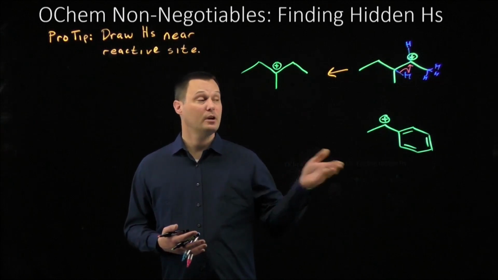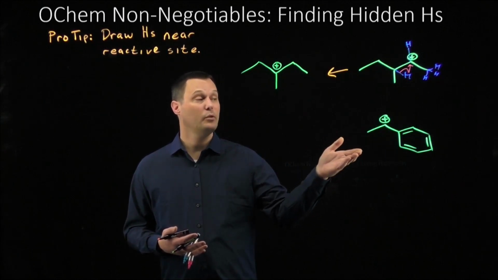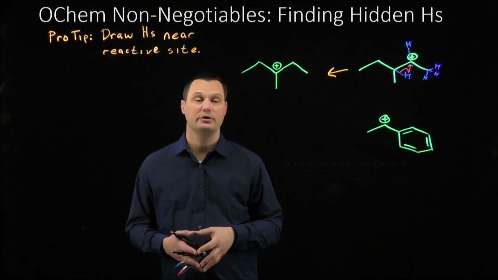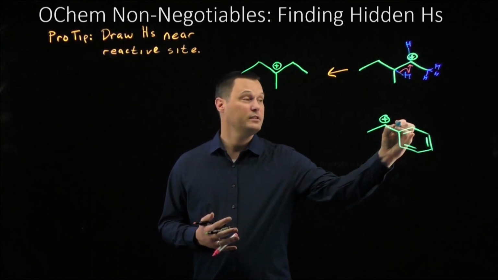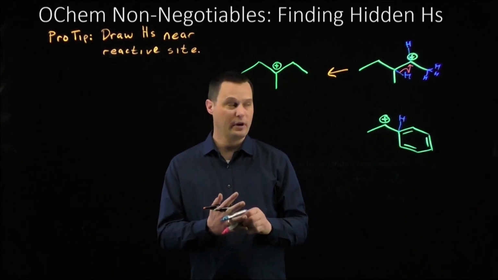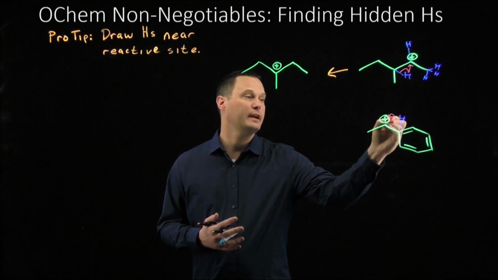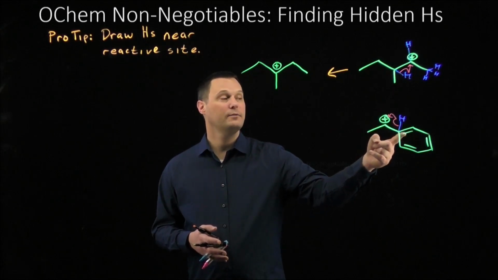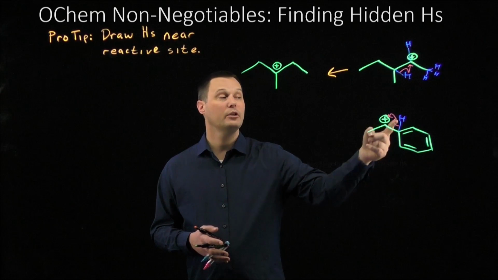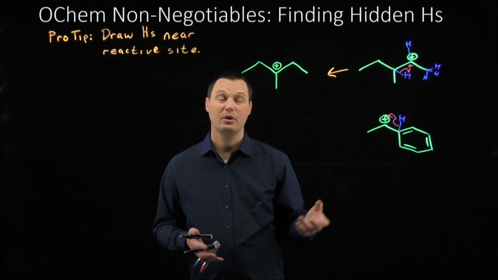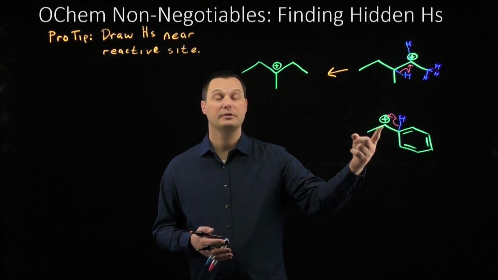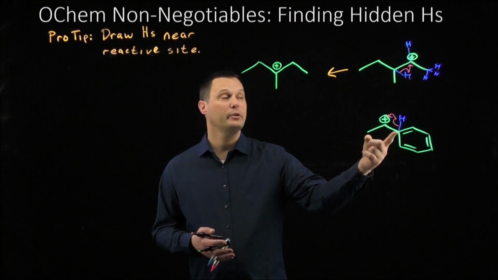On the flip side, it's also important to be able to look at carbons and tell which carbons do not have any hidden hydrogens. I can't tell you how many times I've seen students draw in a hydrogen here and try and do a carbocation rearrangement with this hydrogen. This benzene carbon already had 4 explicitly drawn bonds. There are 0 implied hydrogens on this carbon. Even though it looks like it's more substituted than the original secondary carbocation, we cannot do the rearrangement because